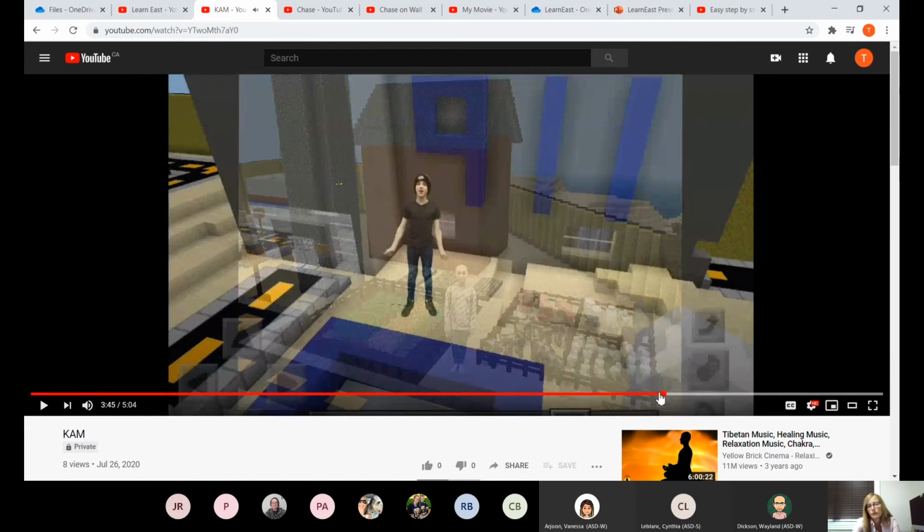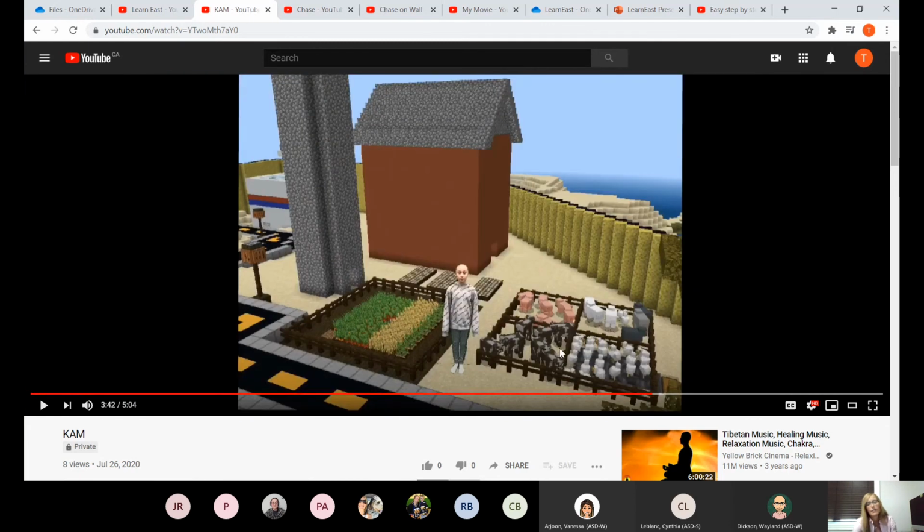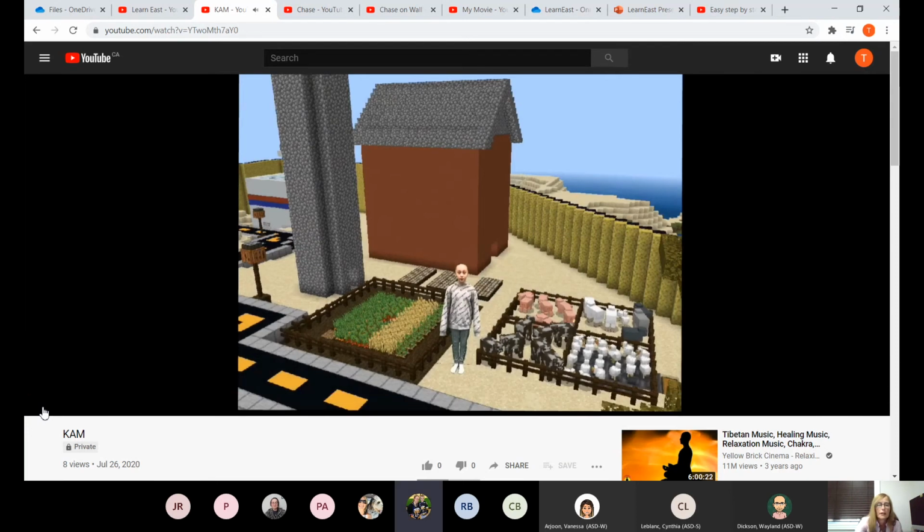If I go back to this girl right here, the student, she's talking about how they built a farm to make sure that they have food during or following a tsunami, because that was one of the dangers, that they don't have food. So it's really interesting how she built this through Minecraft, and it was all connected. They connected their three builds, and they video edited everything, and this is what she built. Now the next boy, he talks about basically having a hospital, having police officers, and having